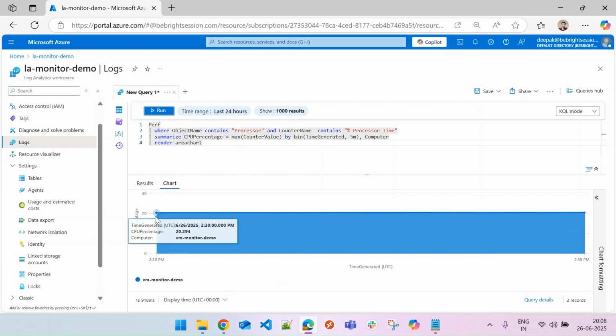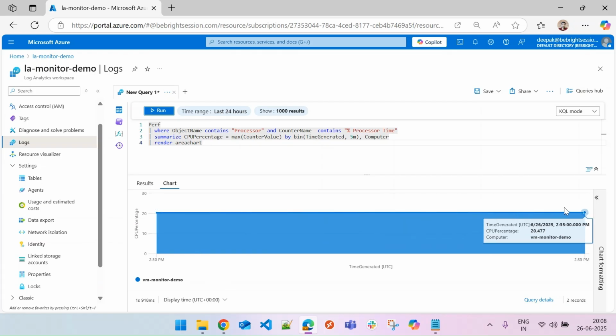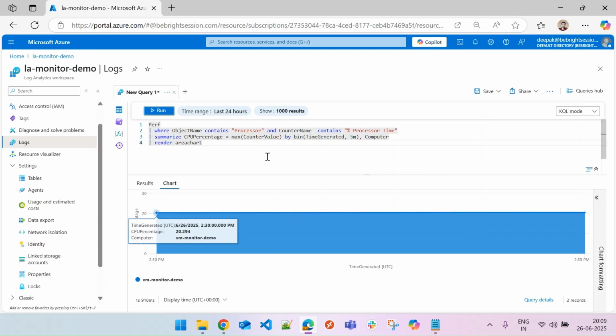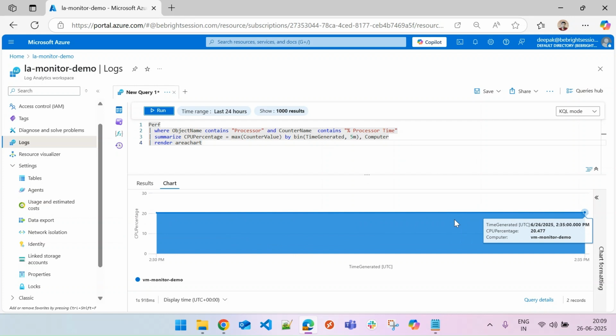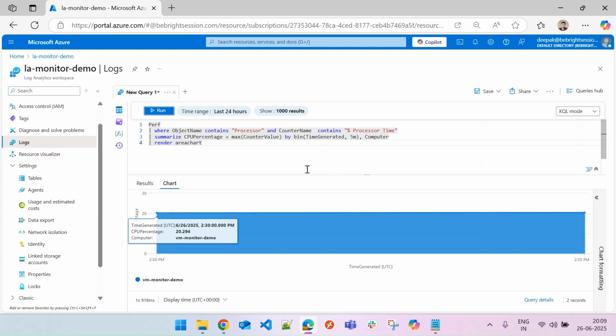Okay, so CPU percentage is stable, so it's coming as 20. But if there is a lot of work going on, application things and a lot of other stuff, maybe it can vary, which you will maybe find in your example. Okay, now further on, if this is your critical server, maybe your production server, which is very important to see CPU percentage and everything,